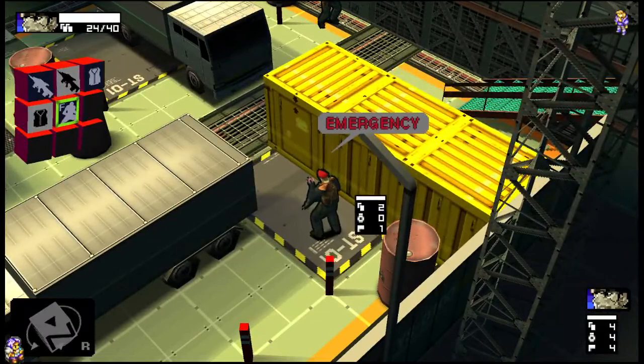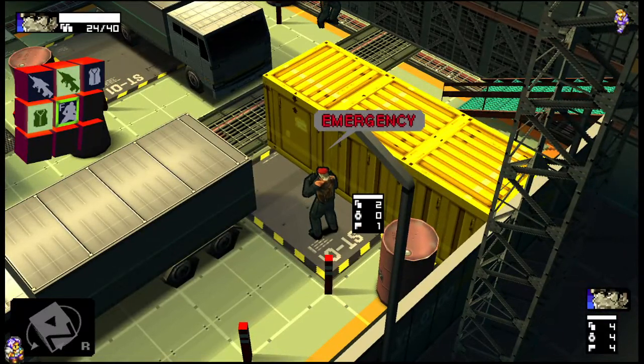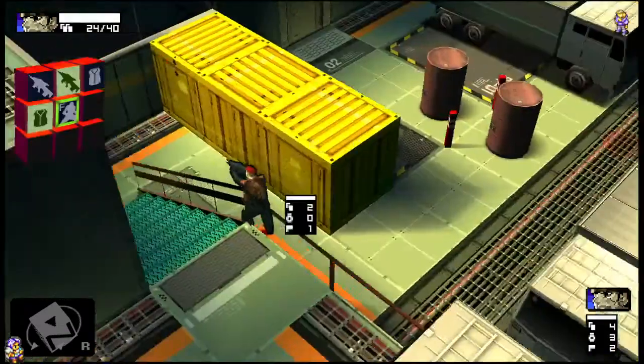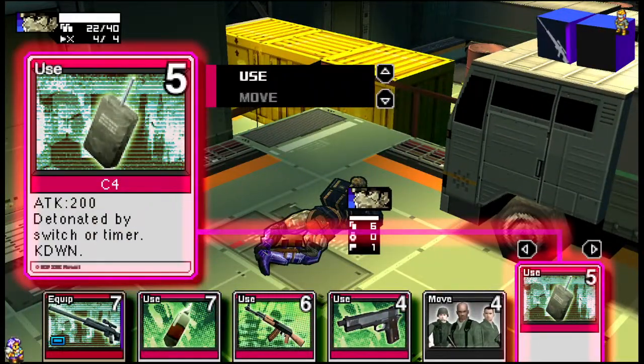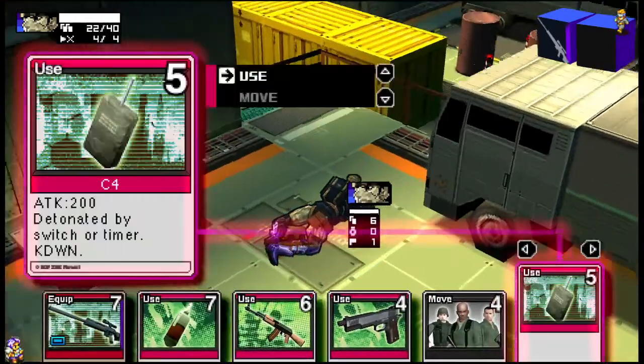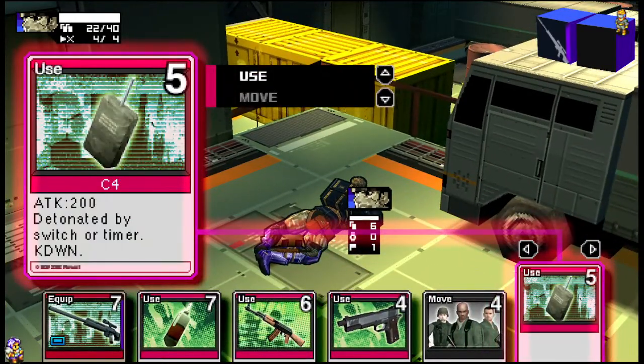So next they're going to send some people up. That guy's going to go ahead and call for backup because he heard gunshots. So they're going to start moving up here. That guy's going to start moving towards our thingamajig here. Why is this C4 here? Fine. Though that being said...